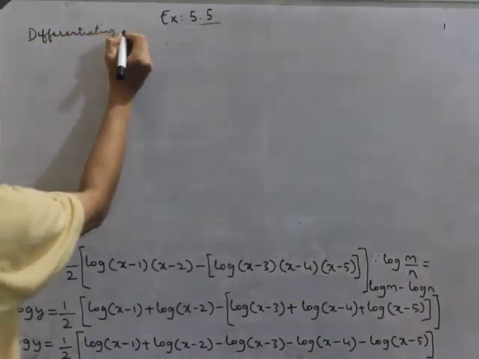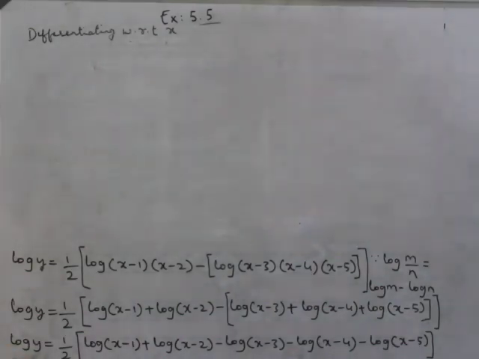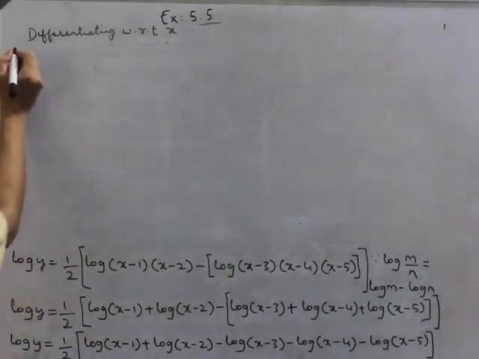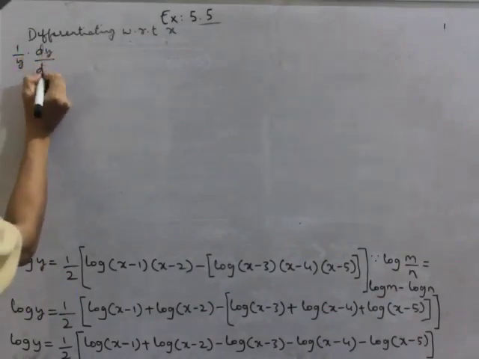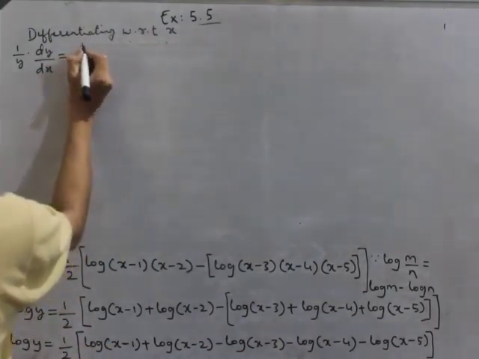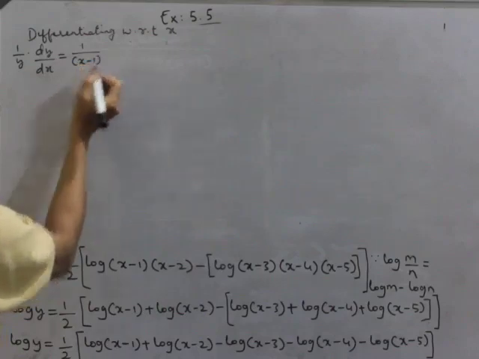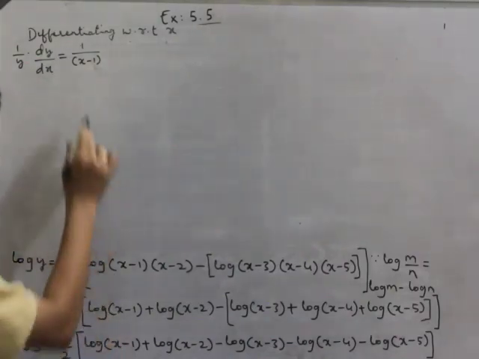Differentiating with respect to x, what will be log y? Log y will be 1 by y into dy by dx is equal to, log of x minus 1, 1 by x minus 1. Differentiate log function: if it is x, we will write 1 by x. In this case, we have x minus 1. So this will become 1 by x minus 1, differentiation of log x, into,